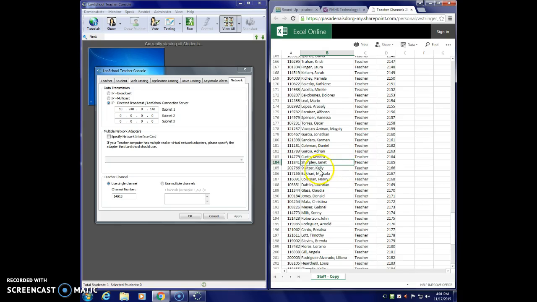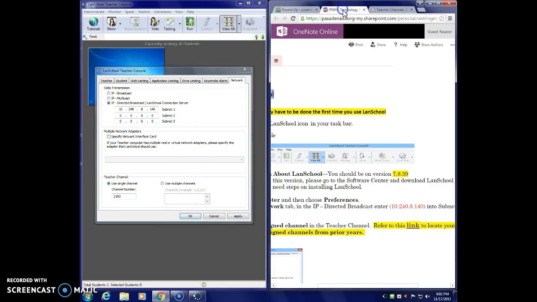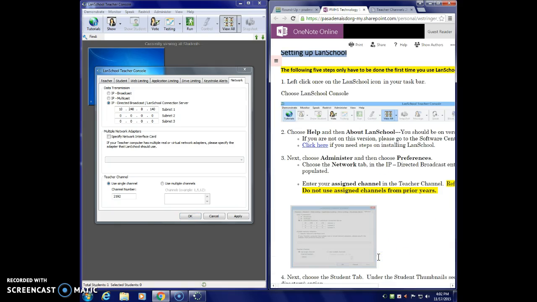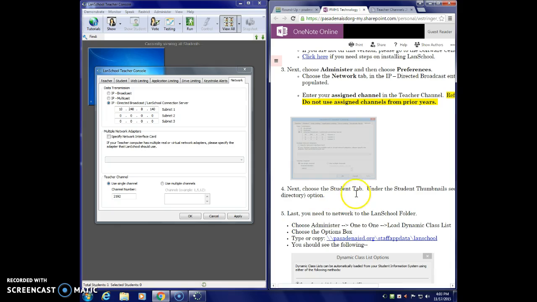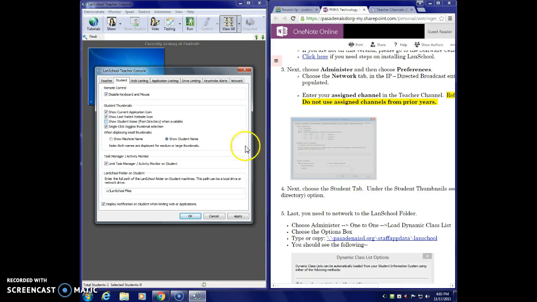And I hit, and so now I can find my channel. Okay, so from here we're going to enter a channel number. So I'm going to enter 2192, and then I'm going to look at my directions again. I've entered my channel. So now it says after entering my channel, we're going to go to the Student tab. So I'm going to click on Student, and it says